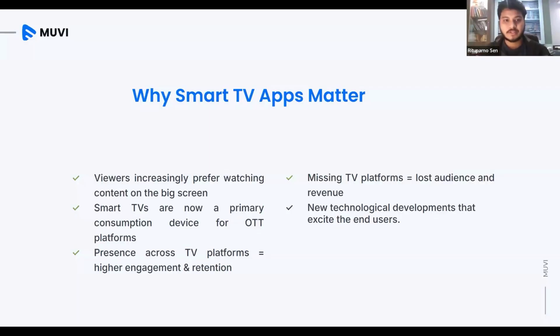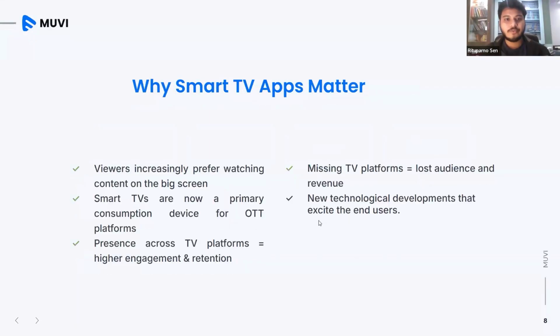So, the topic for today is how we can actively support smart TV apps and launch them in under 24 hours on various TV app platforms. As the poll has already gone live, there are too many web apps and too many TV apps right now. Which do you support? Which do you care about most? And why do smart TV apps matter? That is one thing that we need to know.